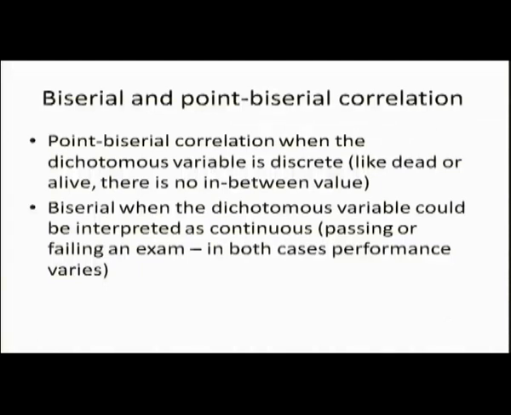Sometimes one of the two variables is numeric and the other qualitative. In that case, we calculate biserial and point biserial correlation. Biserial, when the dichotomous variable could be interpreted as continuous, such as passing or failing an exam. Between passing and failing of exam, there are several stages,